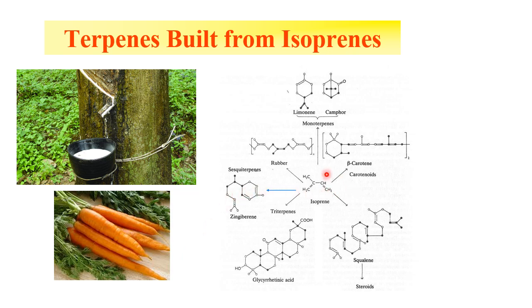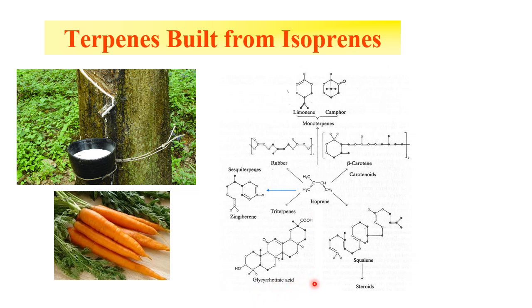Now here's a biosynthetic pathway for terpene-like compounds. First of all, you've got the isoprene unit, which is the basic building block, and then you have the monoterpenes, which are composed of 2 of these basic building blocks, in this case the limonene, and camphor, which is found in the camphor tree. Next you have sesquiterpenes, which are made up of 3 of the isoprene units, such as zingiberine, which is found in ginger. Then you have the triterpenes, which are C30 compounds made up of 6 of the isoprene units, like